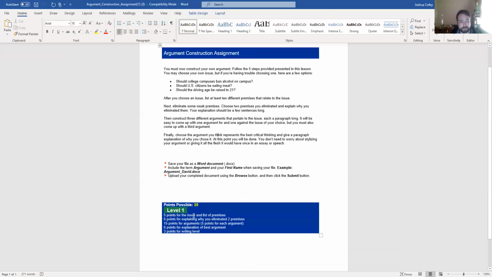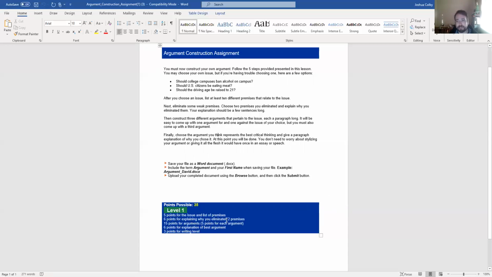That's it. If you look at the scoring rubric down here, 5 points for your issue and list of premises. Make sure they are complete sentence premises. Students sometimes lose points here by doing little bullet point premises that don't make sense. Like if your topic is should the driving age be raised to 21 and you put bullet point car accidents, do you mean that there are more car accidents to people under 21? Do you mean that if we don't teach kids to drive till they are 21, there'll be more car accidents? That doesn't tell me anything. You need to use complete sentences. Always. You should just get in the habit of that for everything.